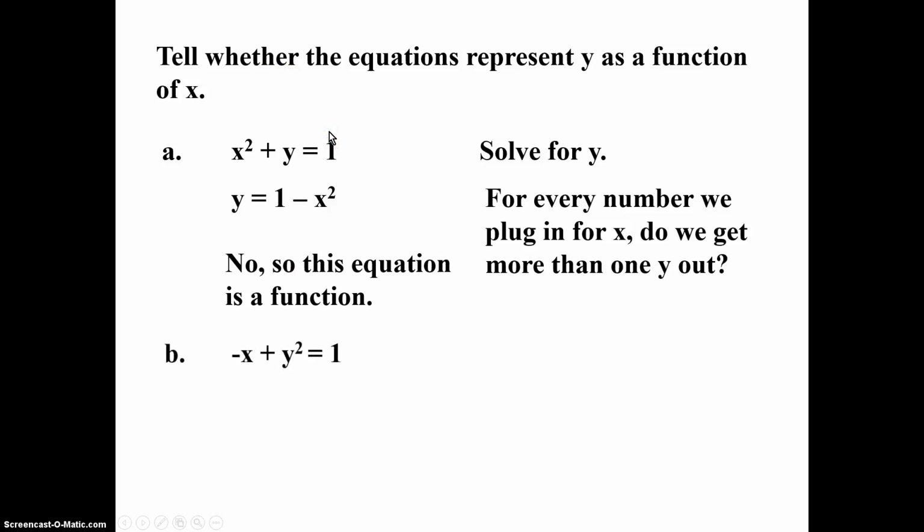B. B is negative x plus y squared equals 1. So the first thing that I want to do is I want to solve for y. So let me move this negative x to the other side. When I move it to the other side, it becomes y squared equals x plus 1. Now that's fine, but remember, I'm not looking for y squared, I'm looking for y. So essentially, I have to root both sides. Now remember, in this semester,